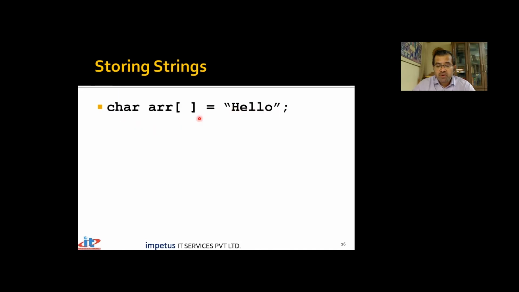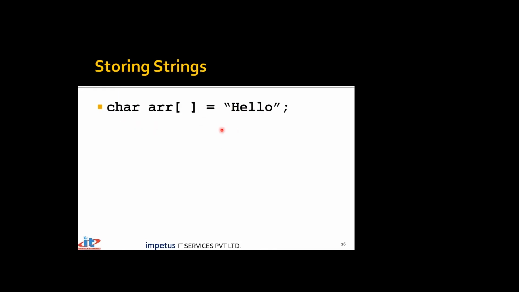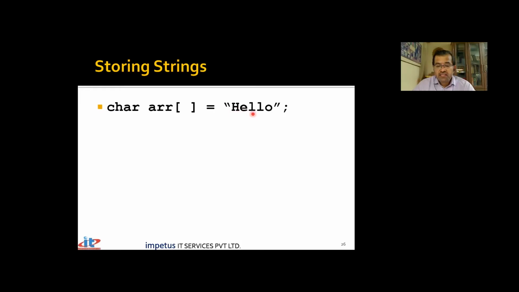So how many bytes of memory will be allocated for this array? 6 bytes. That's very correct. Because although we have used HELLO, whenever you put a string in double quotes, the last character that gets stored is \0. So actually 6 bytes of memory will get allocated. Likewise, I can take a pointer as well, because we said array names are more like a pointer.